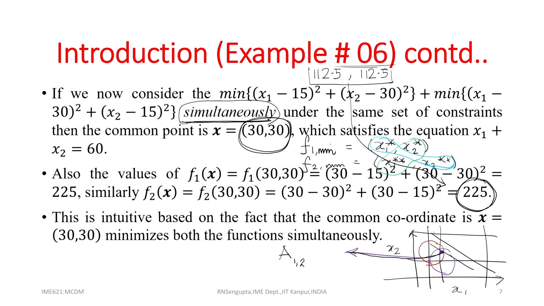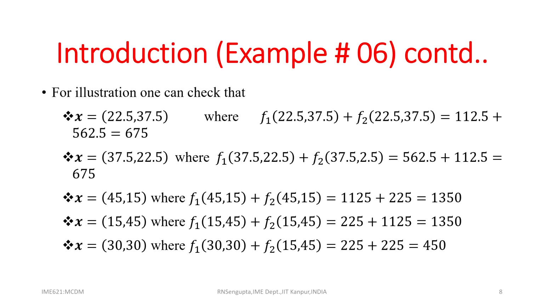So, this is the last part which we will concentrate on throughout the course, which is basically to find out the point which we found out as 30 30, which will give the best solution for the combined objective function of f 1 and f 2, and that common point, 30 30 here, need not give us the optimum point for f 1 separately or f 2 separately, and this would basically be the main idea of the study throughout the course in different examples.